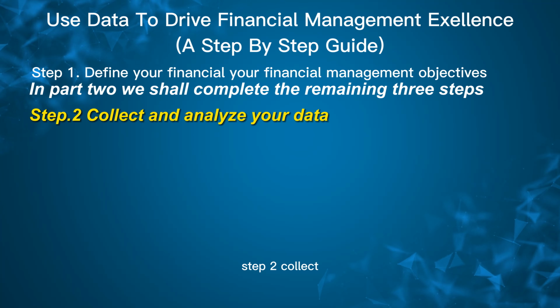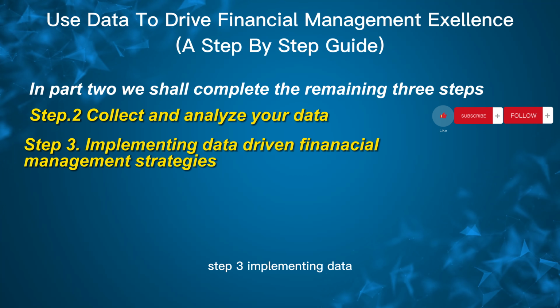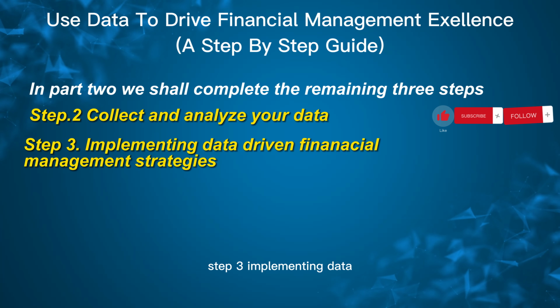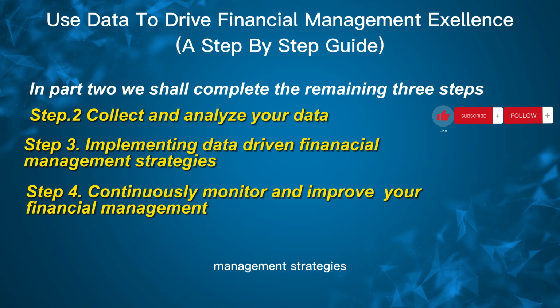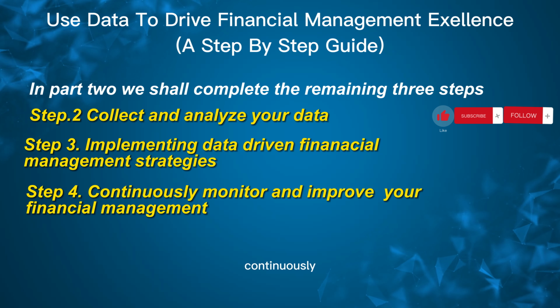Step 2. Collect and analyze your data. Step 3. Implementing data-driven financial management strategies. And finally, Step 4. Continuously monitor and